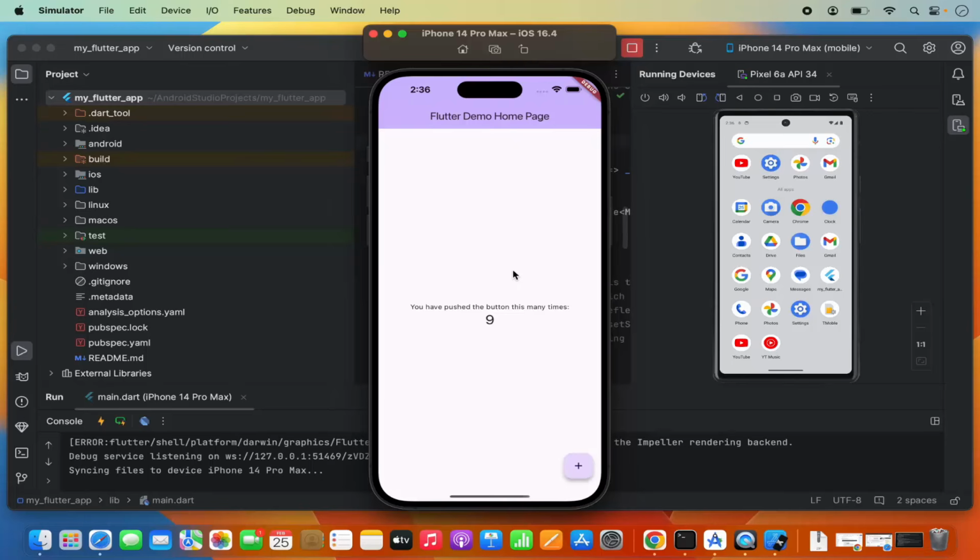So this is how you can set up Flutter using Android Studio on the iOS simulator and the Android simulator on your Mac